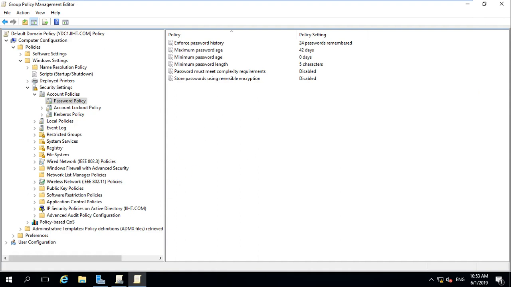The problem is what? If we configure the default policy setting, this default setting will be applied for all of the users of your domain. How? Let's come here.